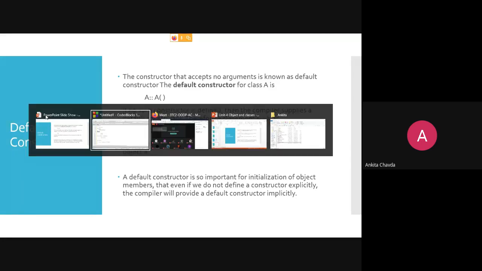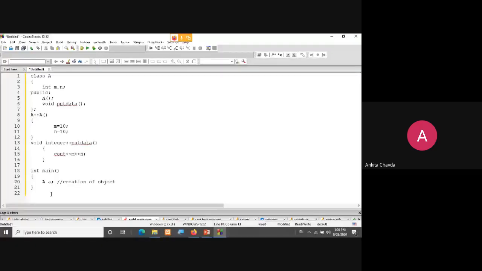So what will happen if I'm not providing this? Whenever you are creating any object, at that time the default constructor will be called automatically if you have not provided the default constructor.